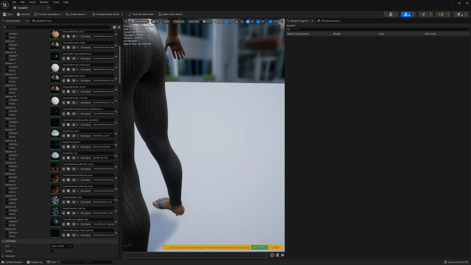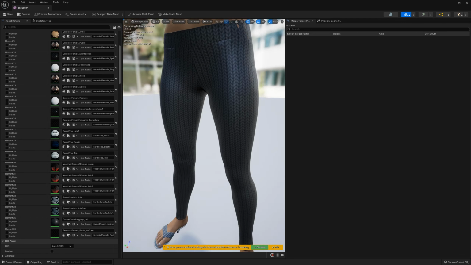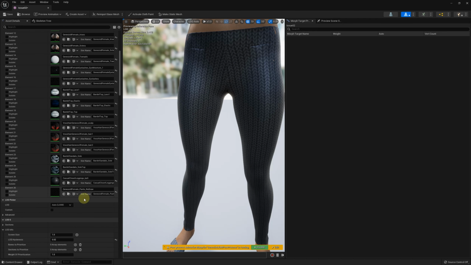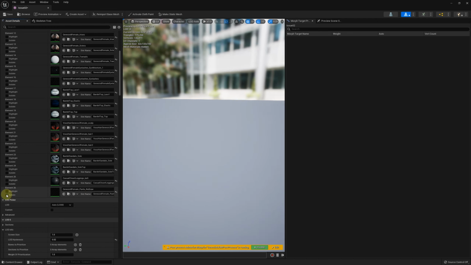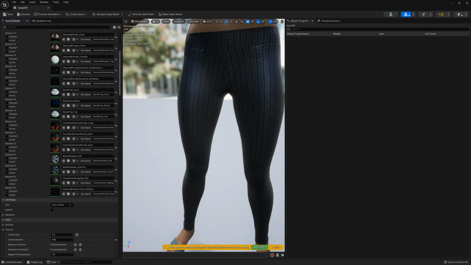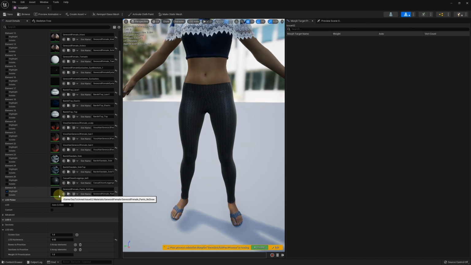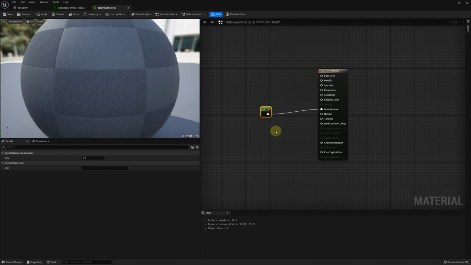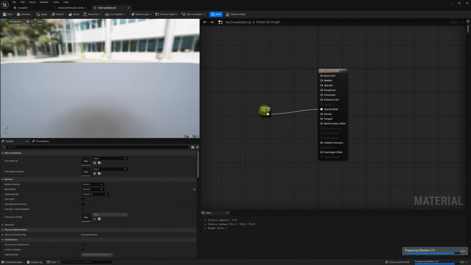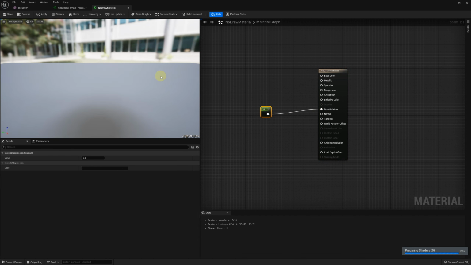It's getting much better, but we need to select more carefully. Isolate the material. You can see it's totally invisible. Look at the material. It's a transparent material.